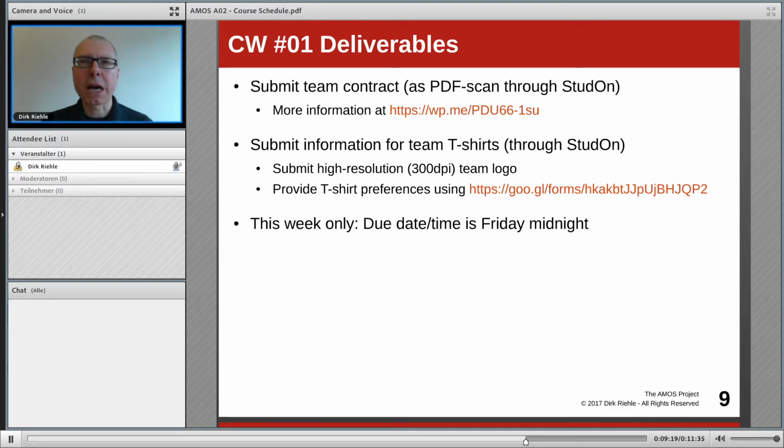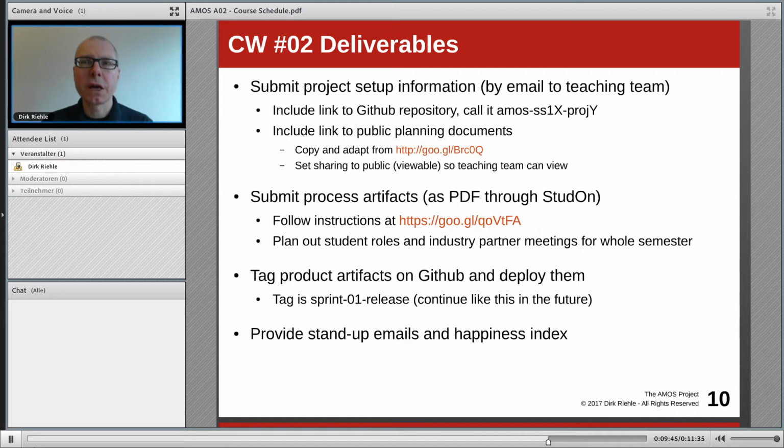Usually this type of deliverable would be due sometime during the team meeting or end of the day. For this first week of the course, the deadline has been extended to Friday midnight, so there's an extension. So, with the team meetings, today starts your work, you deliver this, but you also